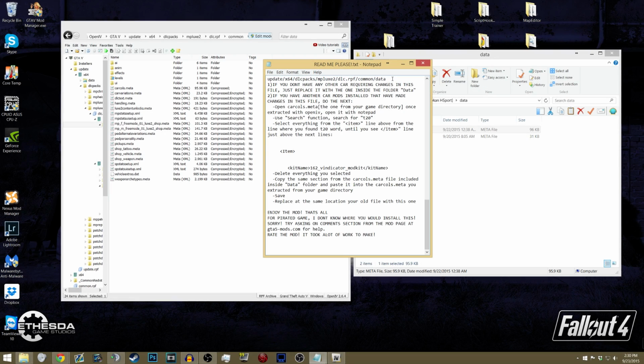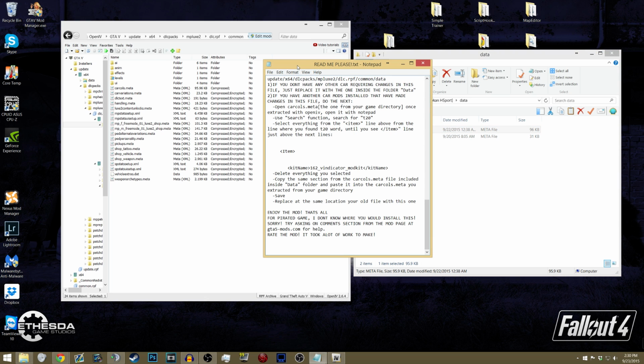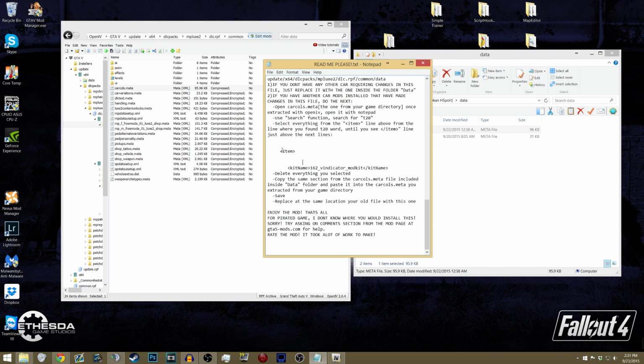The last thing I'll say before we move into the second car is that, especially if you do a lot of these vehicle mods, you will notice that sometimes the vehicles.meta, or even this file, you will have already replaced. I'm not going to touch on this in this episode because it's really complicated at that point. But for some of the readmes, if you want everything to work properly, you will have to go into these files and edit them yourself